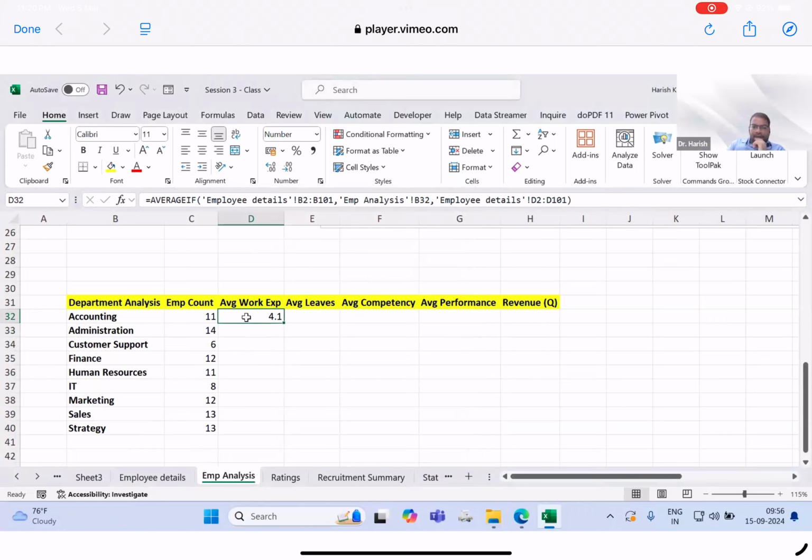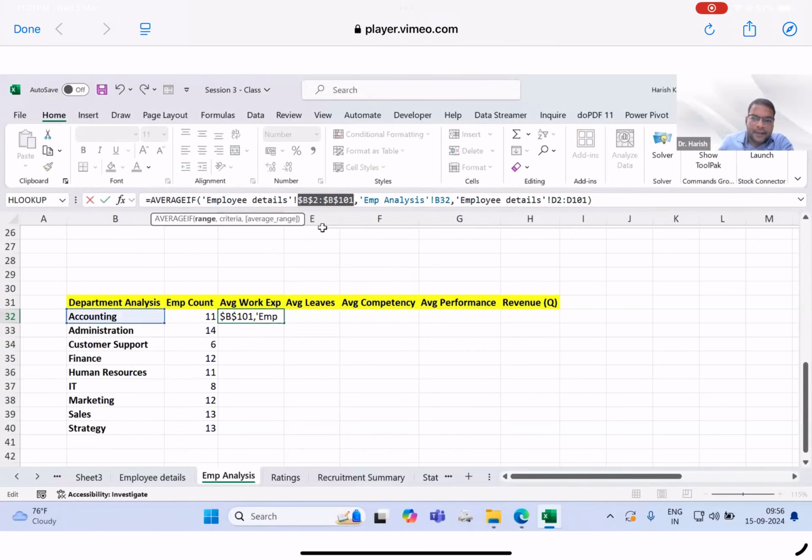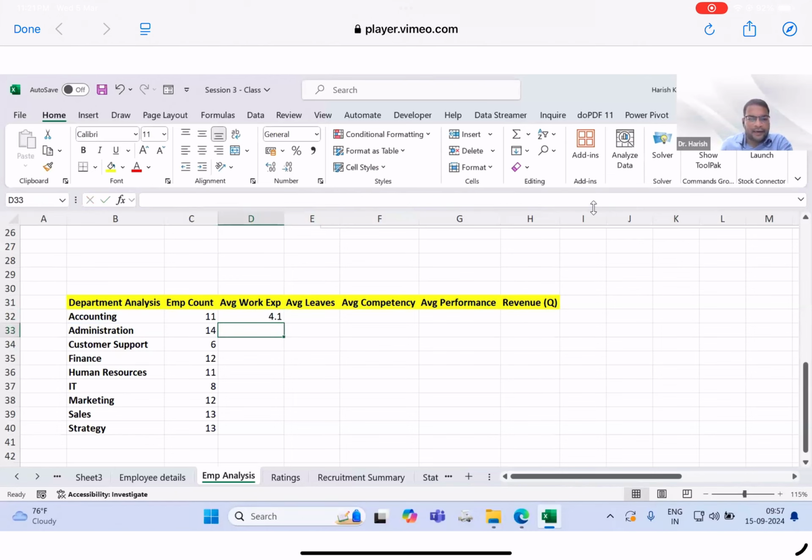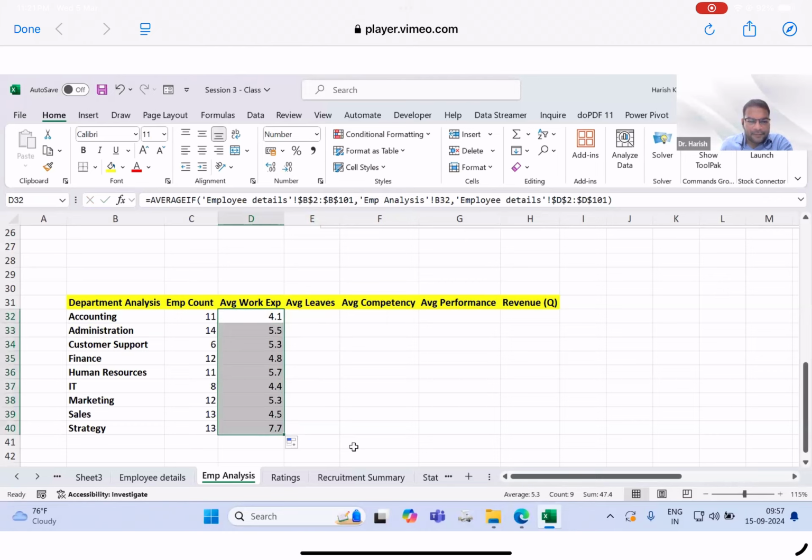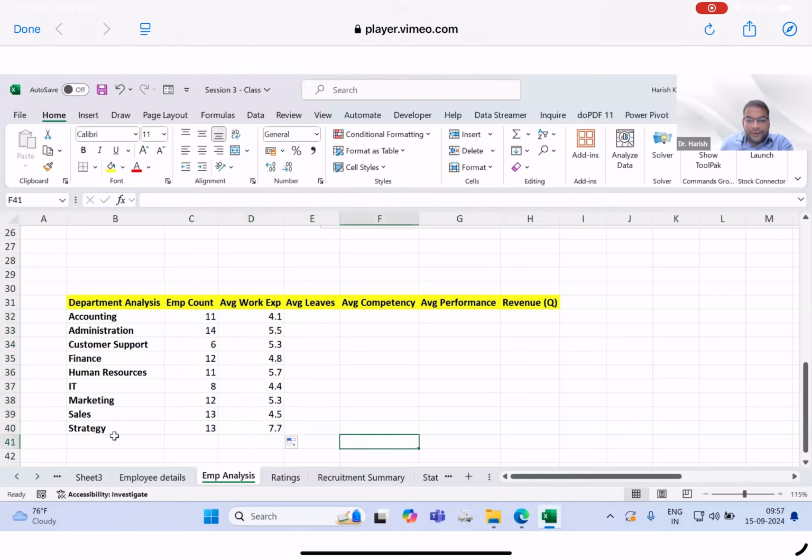So let's say I need to drag it. If I need to drag it, F4. Another one is F4, employee details, right? Criteria, it will be dragged. So if I drag it directly, what will happen? Like this. If you see the strategy department, they have the highest average work experience. Agree? Simple one. But now my question here is,